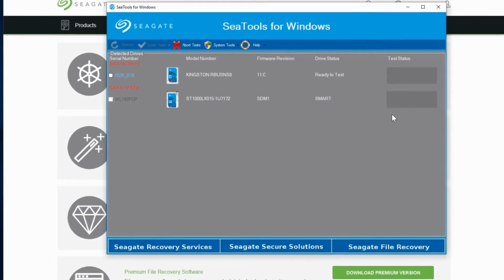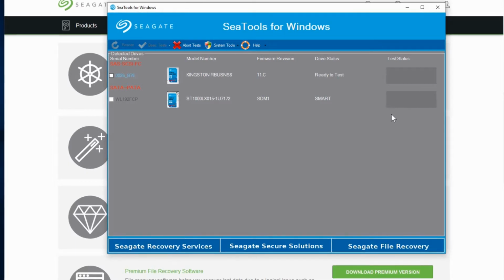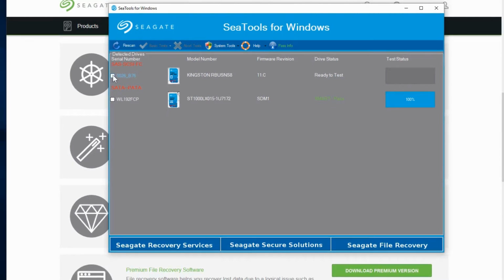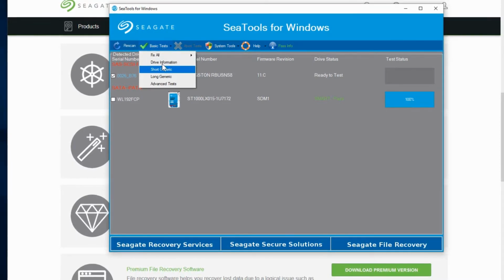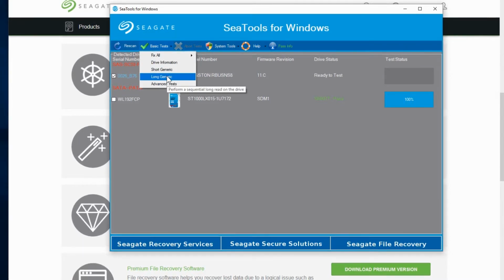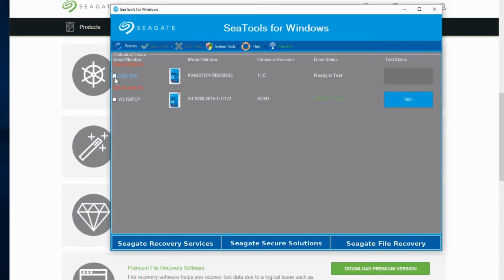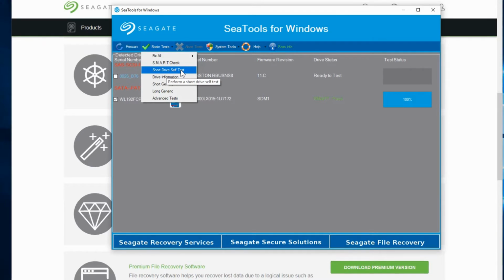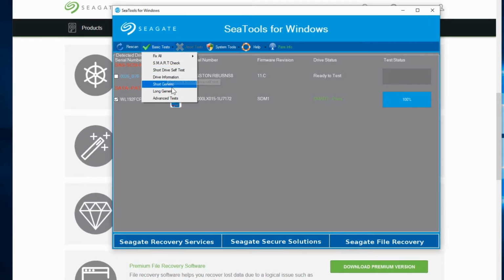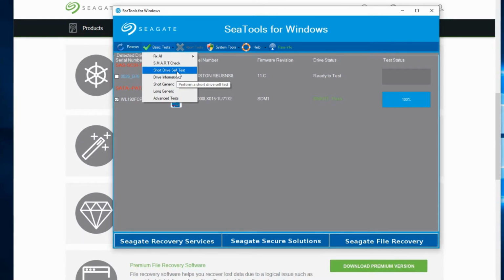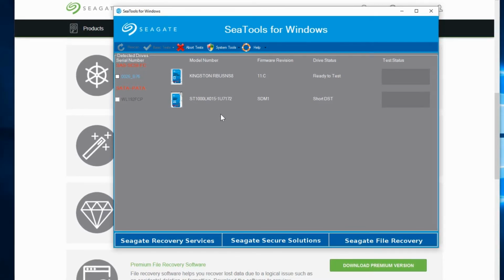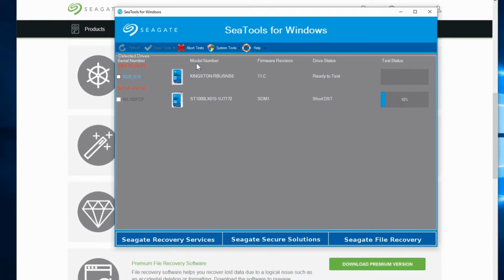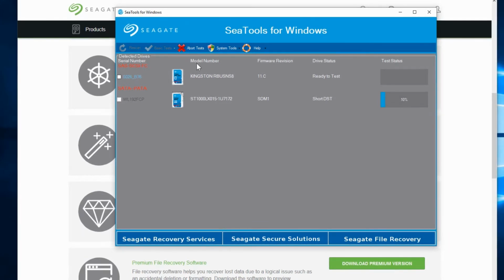Now the smart status on the Western Digital just came up instantly when we launched the program, but with Seagate SeaTools we have to tell it to run the test. Now if I want to run this on the solid state drive, I can see there is no smart test available, but we do have short and long generic tests. If I go to the other one here, we have a short drive self-test. So it knows how to test itself rather than just a generic test. So the short self-test would be a longer test, about 2 minutes to complete.